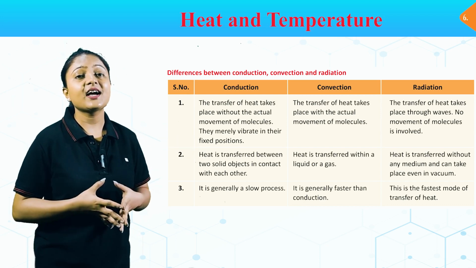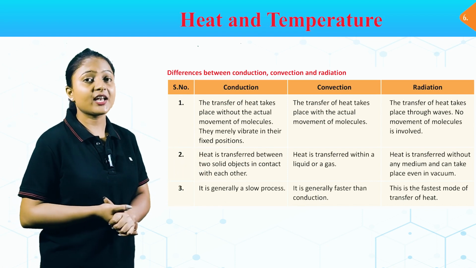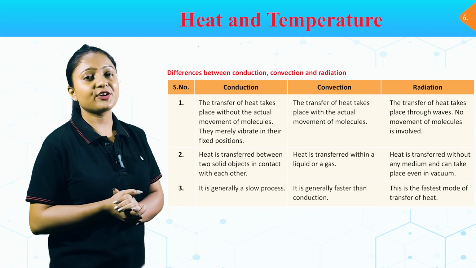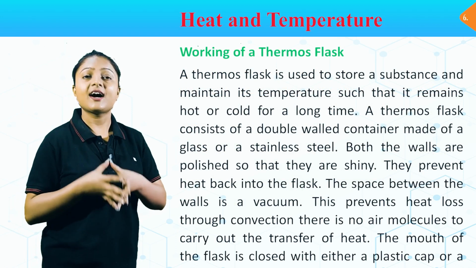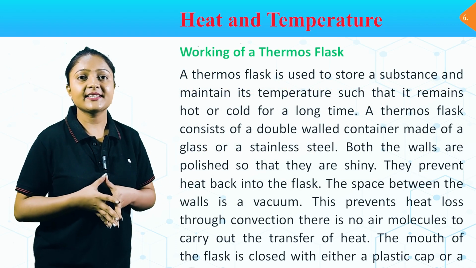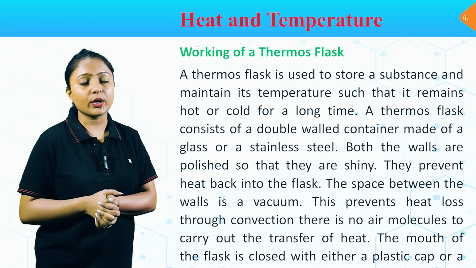Conduction: it is generally a slow process. Convection: it is generally faster than conduction. Radiation: this is the fastest mode of transfer of heat. Now let's see the working of a thermos flask. A thermos flask is used to store a substance and maintain its temperature such that it remains hot or cold